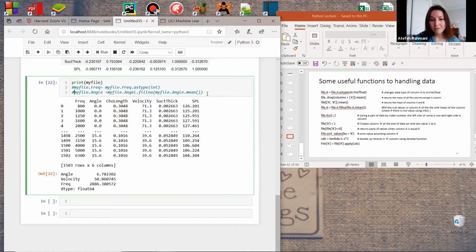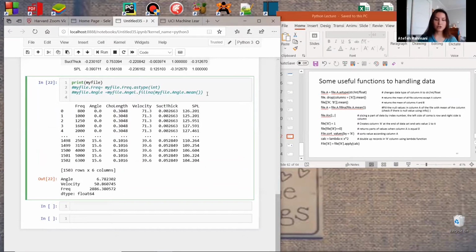Okay, we have a handy and nice function for picking up a specific part of our data and working just with that specific part. It is easier than the previous functions that we learned. Actually, it's a similar thing. iloc works exactly like indexing. iloc does slicing by index number. You just add the index numbers to that. How do we use it? I say my file dot iloc